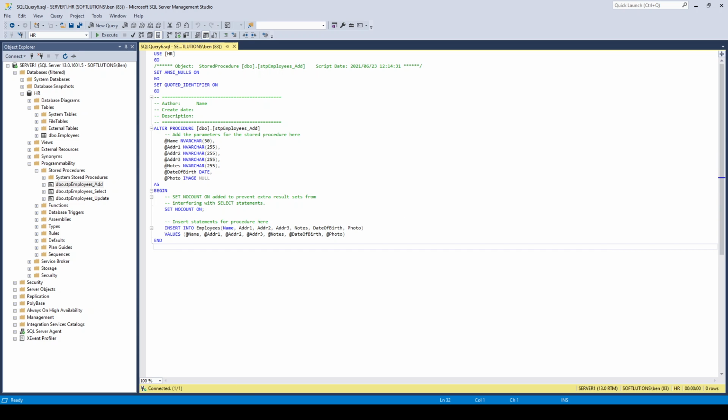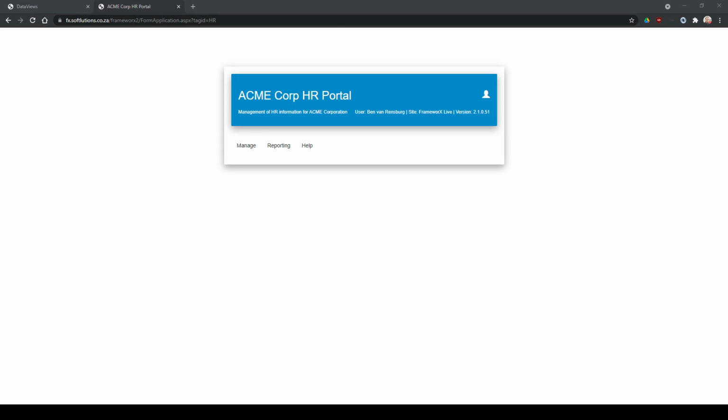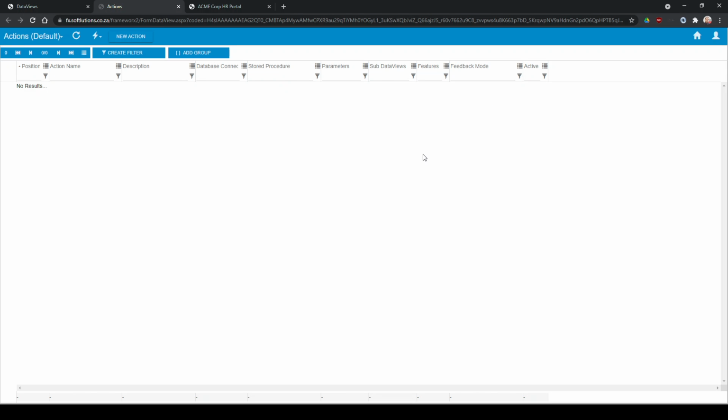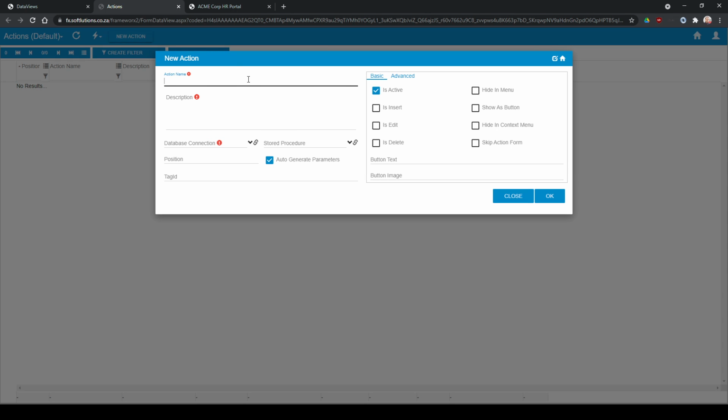So we'll quickly switch back to the administration tool where we will now build our action. So if we switch back to the admin tool, we can see that here's the definition of our data view, and it doesn't contain any actions. So we'll quickly switch over to the data view's actions. We would like to create a new action. This is going to be the new